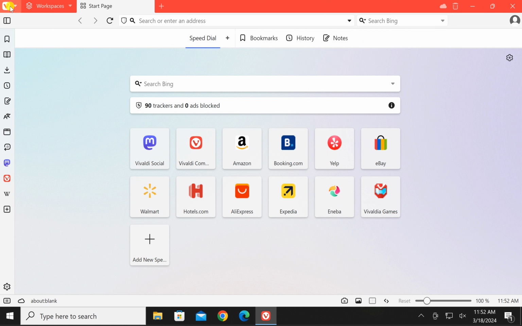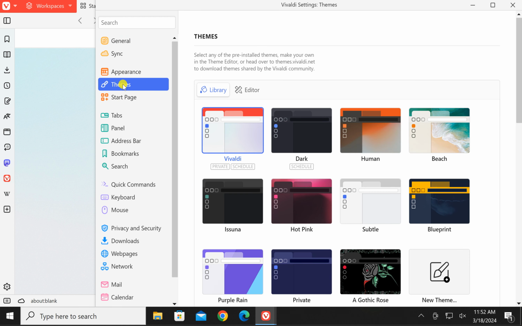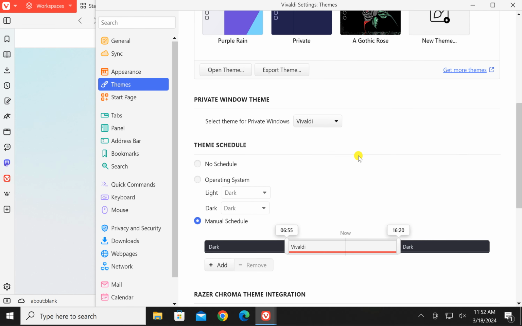Then click on this one menu icon in the top left corner, and in the drop down menu select this one settings option. Under Vivaldi settings, select themes in the left sidebar. On the right,